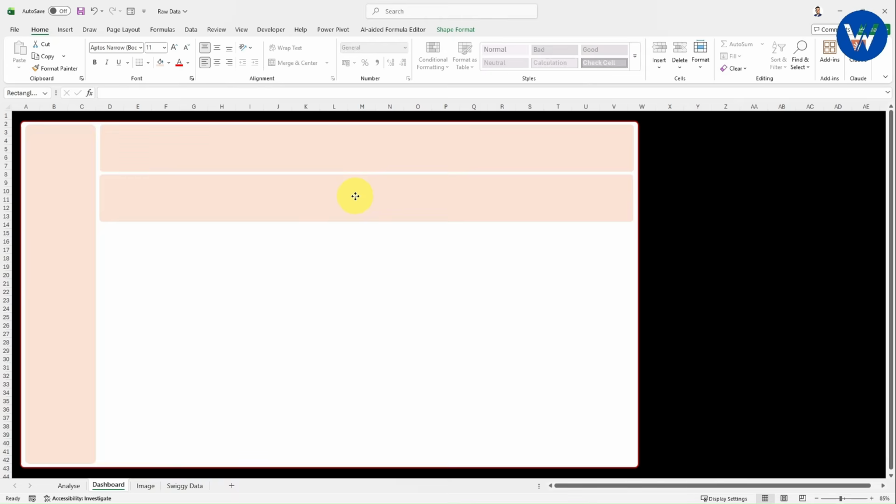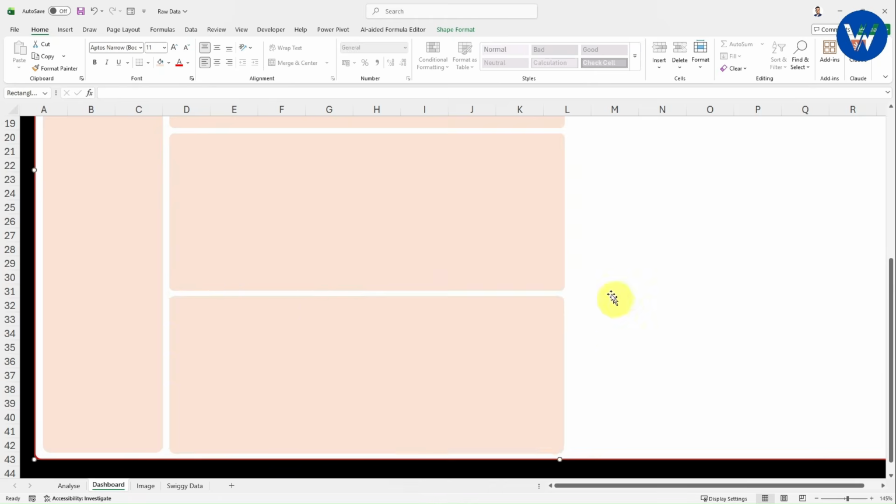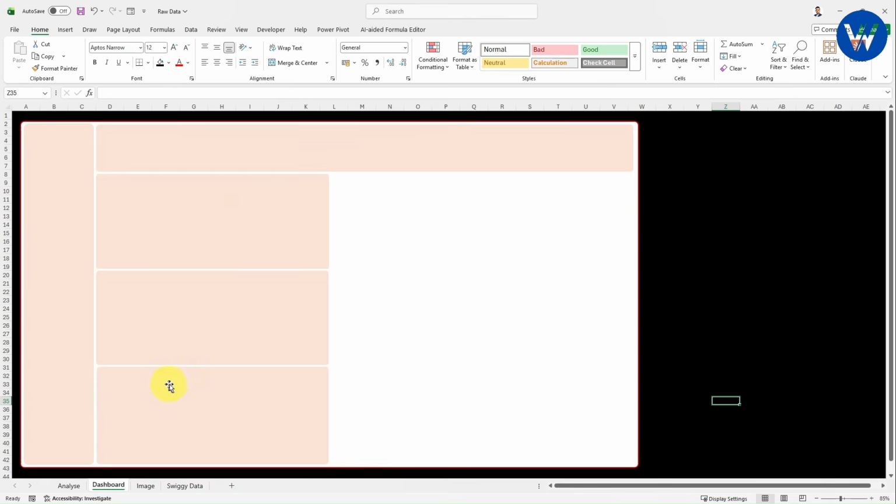Now in the same way I will create 3 shapes. Simply I will take here shapes. Okay, I will insert 3 shapes. I think it is perfect. Now I will press Ctrl D on keyboard. Now I will adjust it here. Right. In the same way I will press Ctrl D. Now you can see 3 shapes are inserted properly. Now the shapes are looking professional.